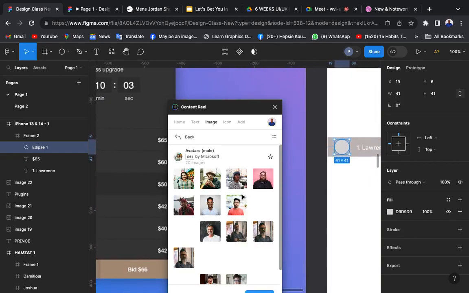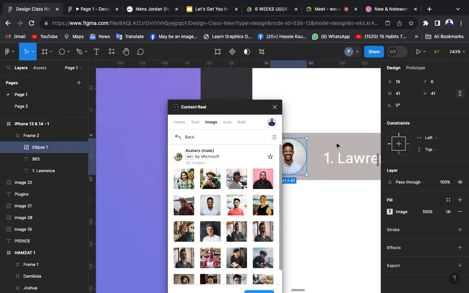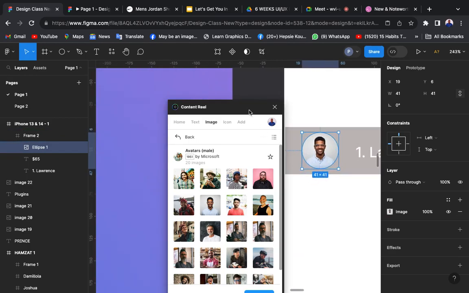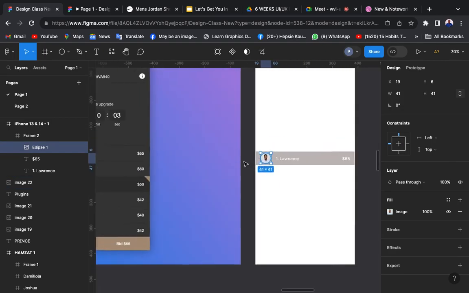So if I choose this guy, it's just going to fit into that circle. Using network. You can see it, right? Yes. I'm going to do more, but let me close it for now. So since I've gotten that one,